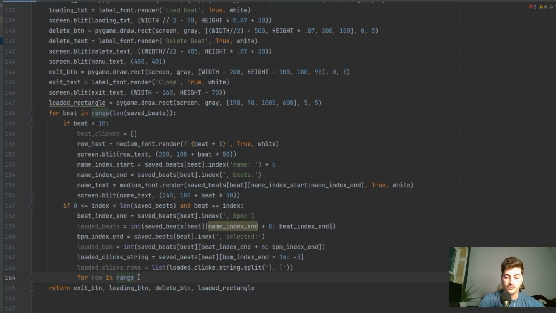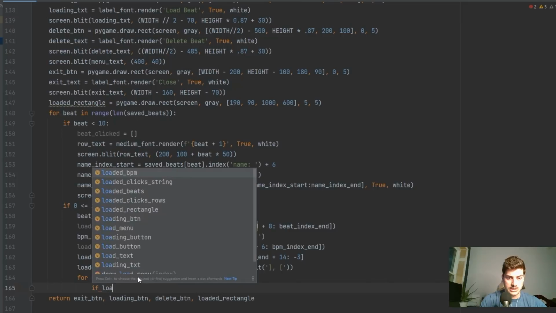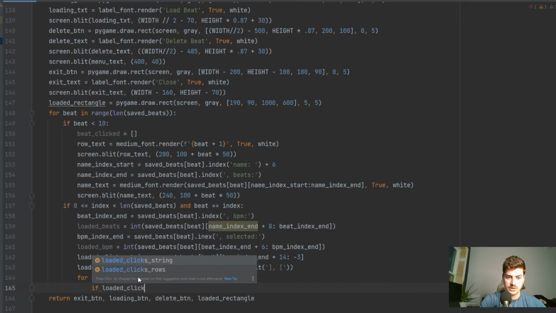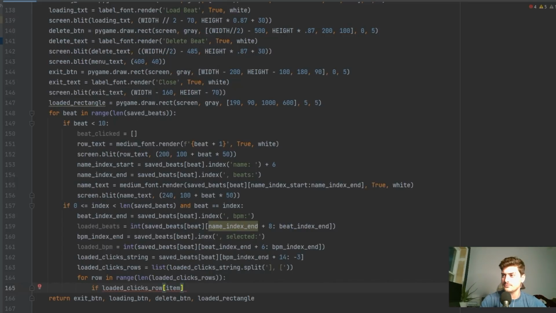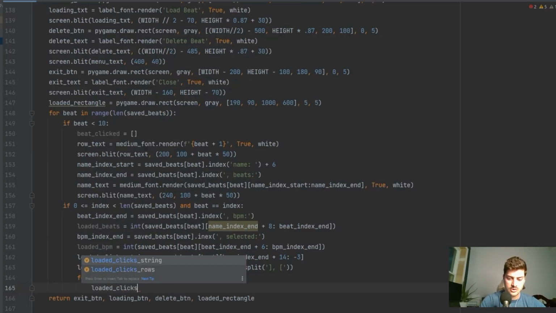But so for row in range, length of the loaded clicks rows list that we just made. So we're setting up a for loop to go through there, and we're going to say if loaded clicks here we go. If loaded clicks row item. So item is just checking. We don't want this to be row. We want this to be item. I'm getting ahead of myself. That we do want that to be row, and we want to say loaded clicks row